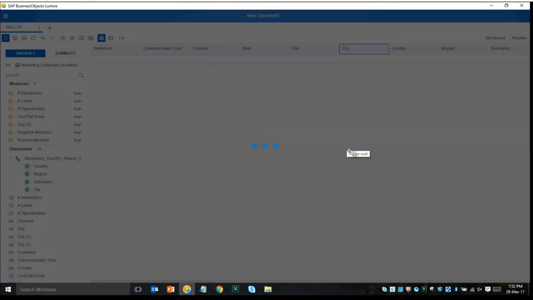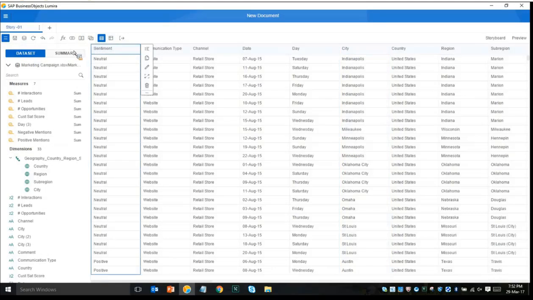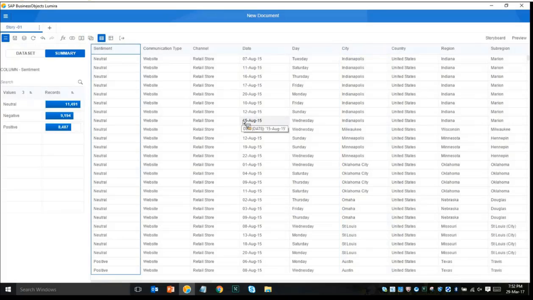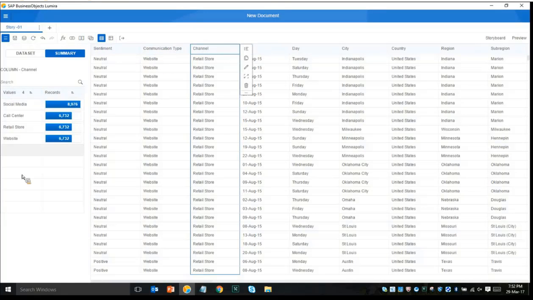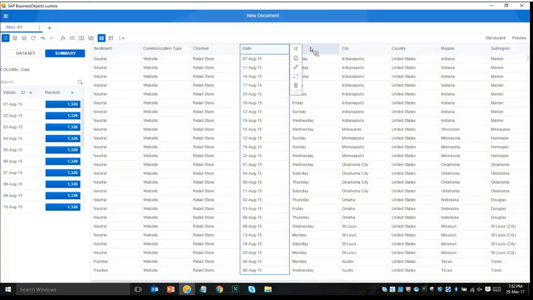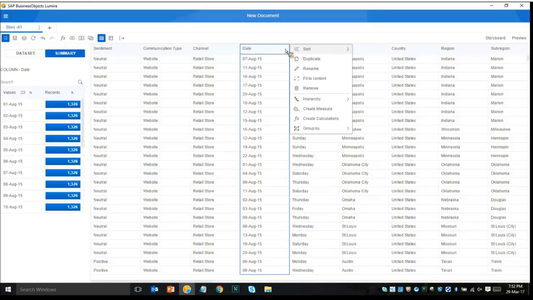Or I can go into the data view. We are providing this capability for users who are comfortable with analyzing the data in the grid view. So I can simply switch my view and start analyzing my data by selecting different columns and looking at the summary in terms of the distinct values and the number of records to find the insight in the data using this view. Even in this view, I can continue with the data preparation just by clicking on a column name, or by right click, I get the context menu and can start